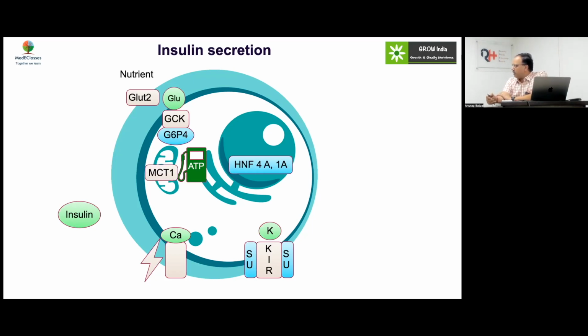Now, there are multiple areas from which this ATP will come. You've got the MCT1, which is there in the mitochondria. ATP will also come from the amino acid pathway, which is the GDH, the glutamate dehydrogenase pathway, and the fatty acid pathway, which is the SCAD pathway. So increased amount of glucose, amino acids, and fatty acids, with activity of GCK, GDH, and SCAD, will all result in increased level of ATP. Increased level of ATP will cause more insulin secretion, and you will have hypoglycemia in that regard.